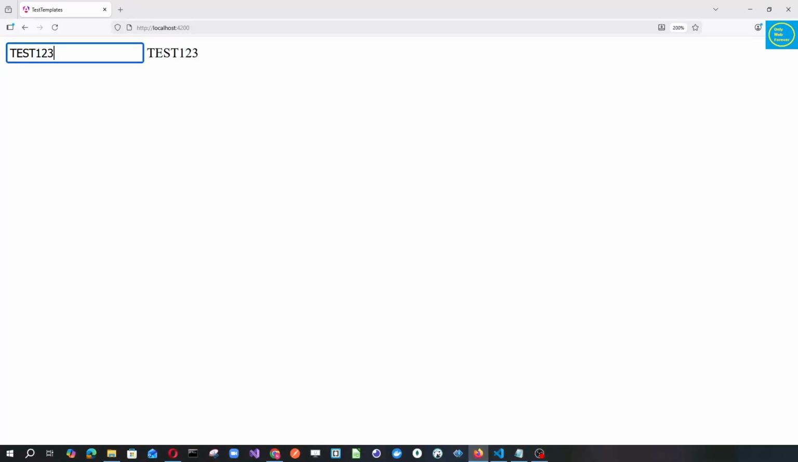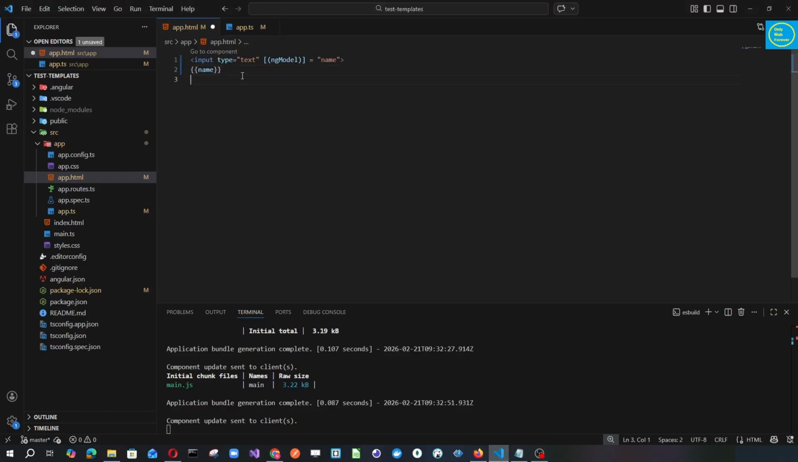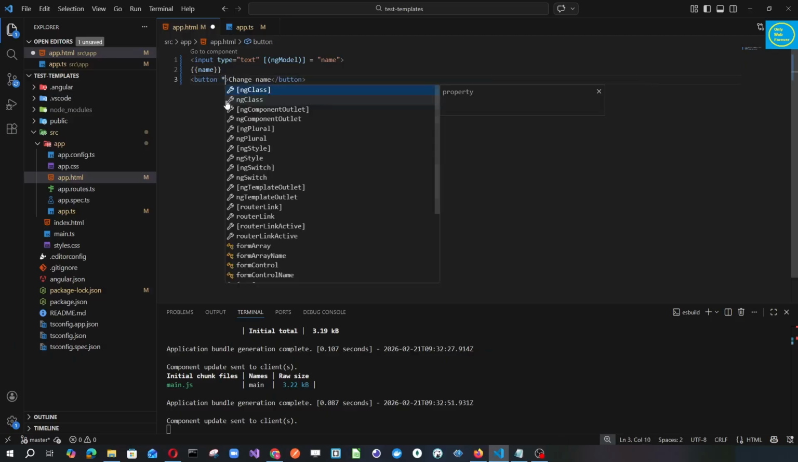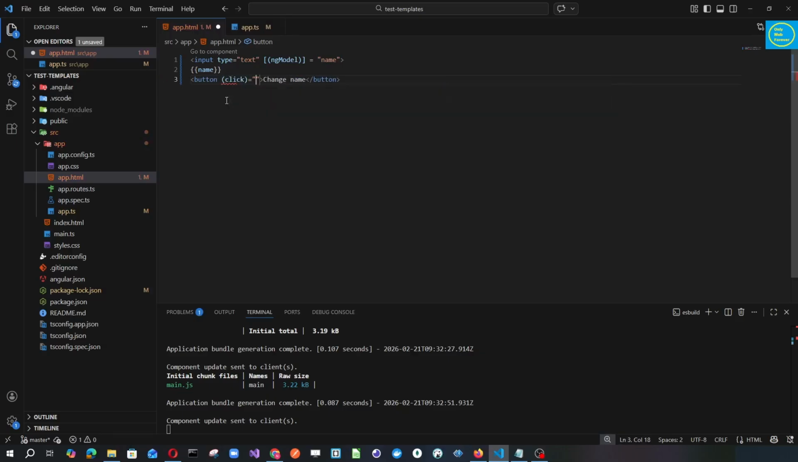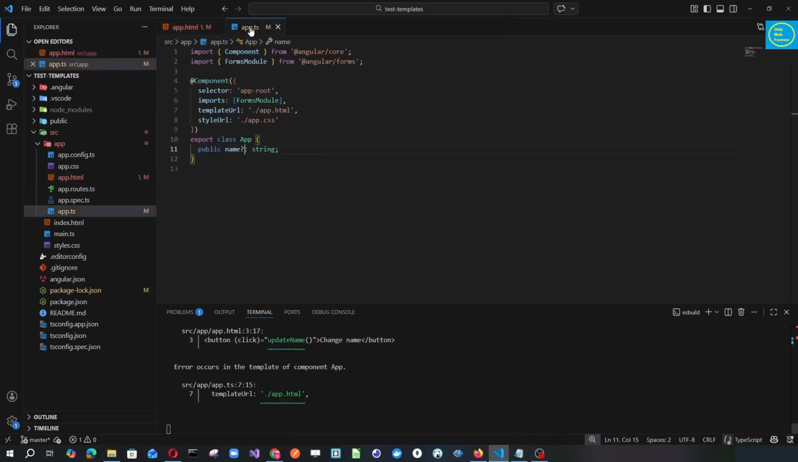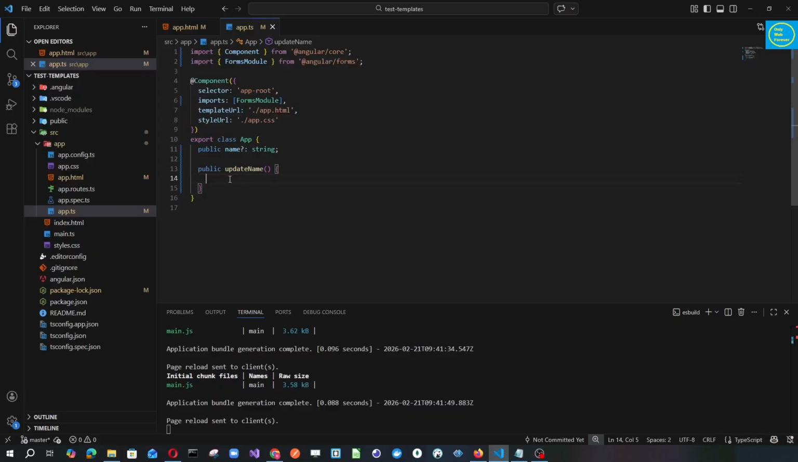To make this more clear, let's add here in the template one button. Change name, and on click we will update our name property, and let's define this method inside the code here. We will add a new value inside this name property,